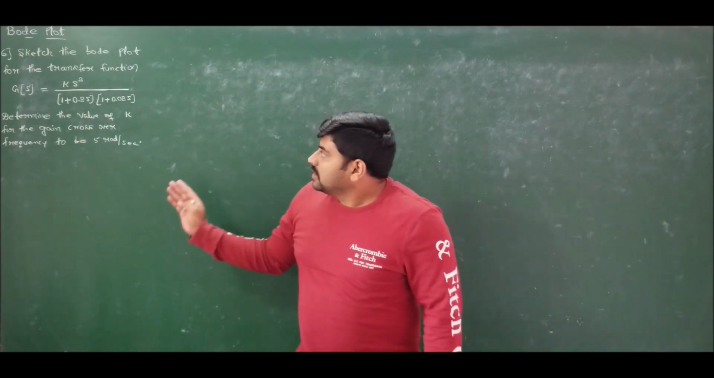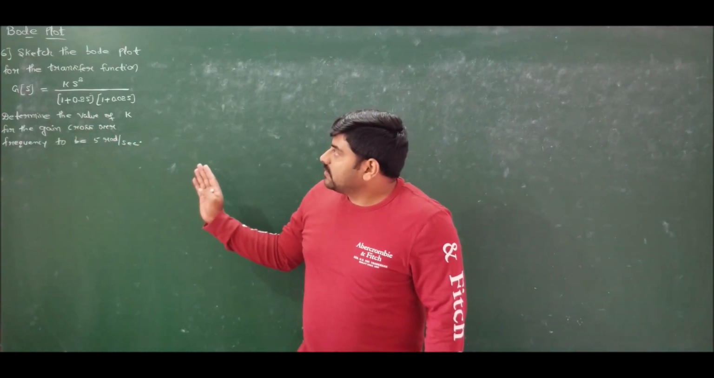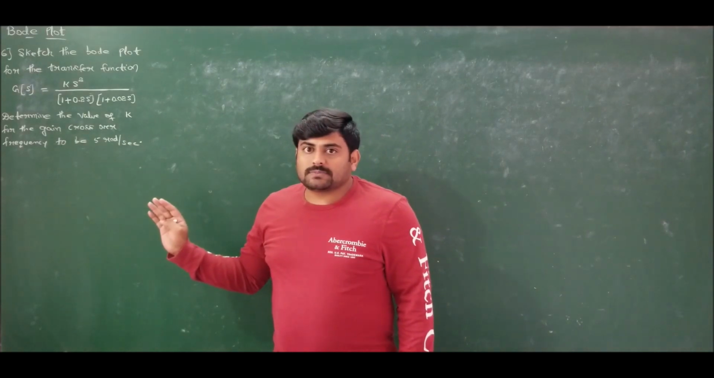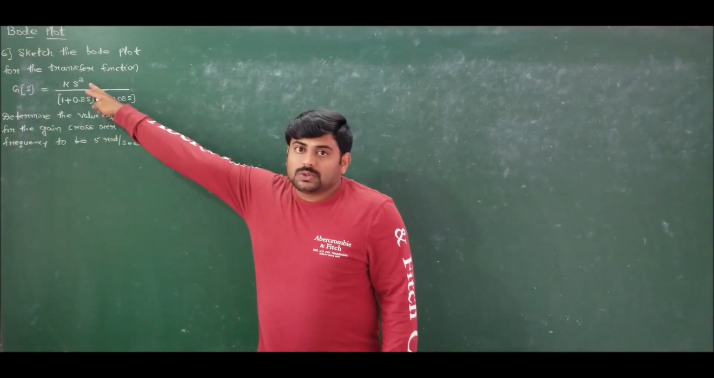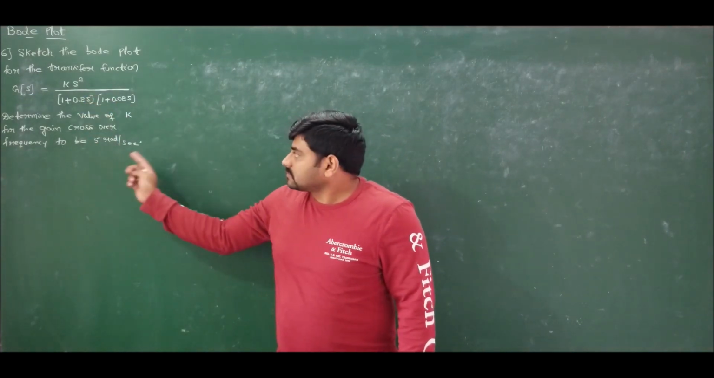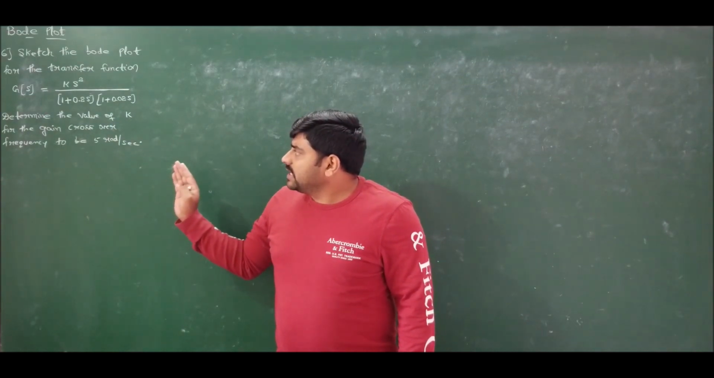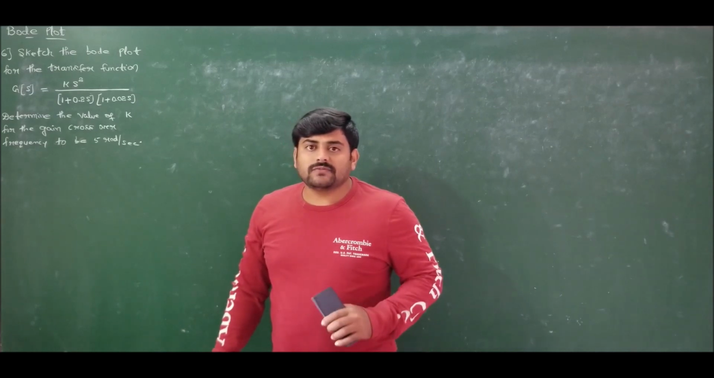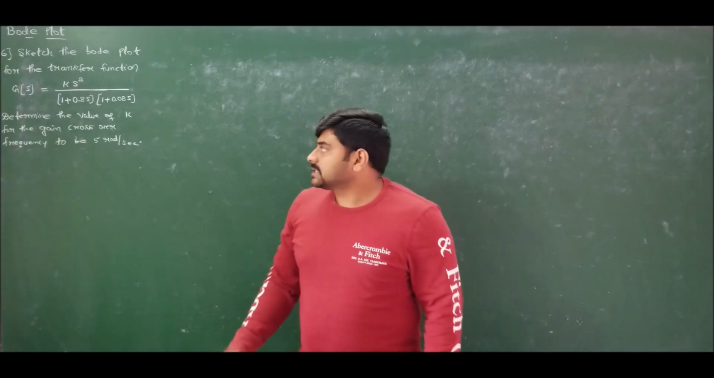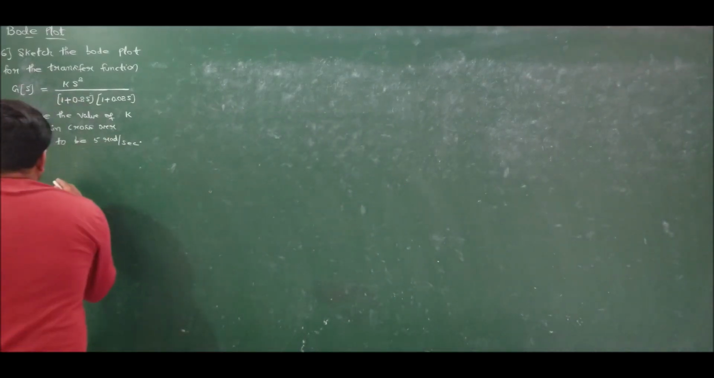So therefore, it seems we are going to get positive slopes for this problem because we have two zeros at origin. And also, we are asked to find the value of K when the gain crossover frequency is to be 5 radians per second. Let us solve this problem. If we move to the solution,